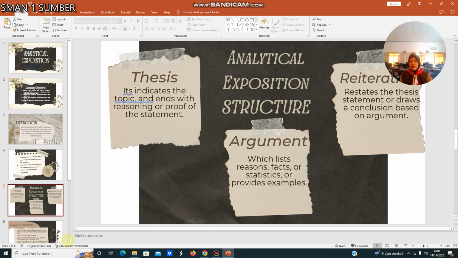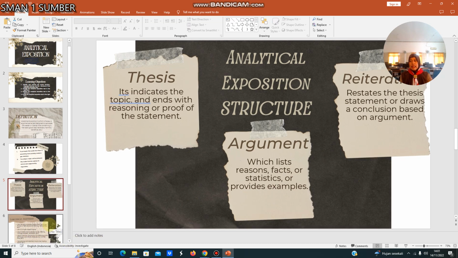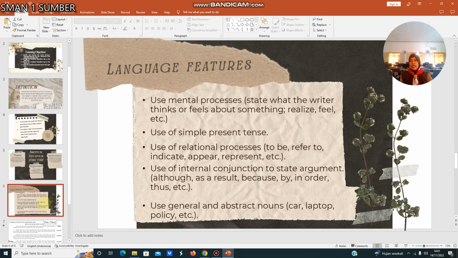And then the language features in the analytical exposition are like the first, use mental processes. State what the writer thinks or feels about something, realize, feel, and etc. Or use of the simple present tense. And the next is use relational processes like to be and then something referred to, contents of indicate, appear, represent,